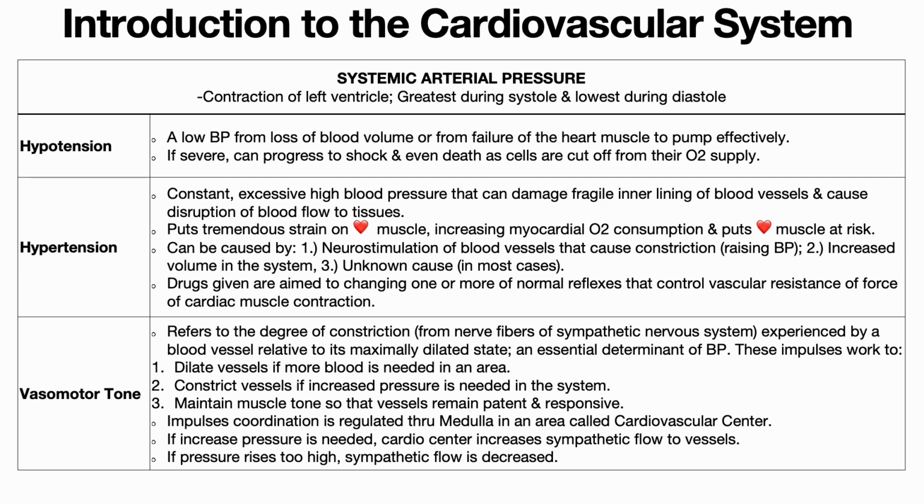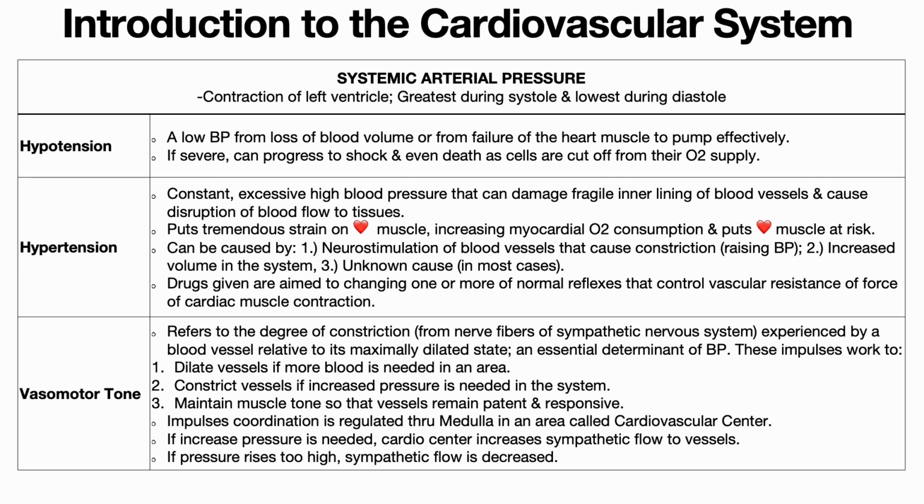Can be caused by neurostimulation of blood vessels that cause constriction, thus raising BP, increased volume in the system, and unknown cause in most of the cases. Drugs given for hypertension are aimed to changing one or more of normal reflexes that control vascular resistance or force of cardiac muscle contraction. Vasomotor tone refers to degree of constriction